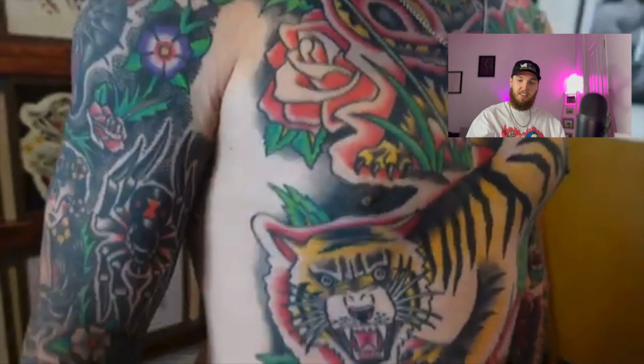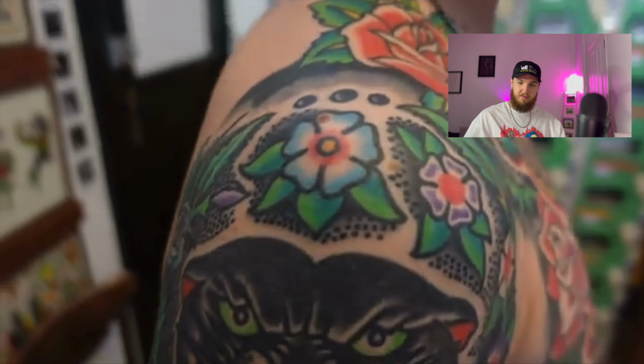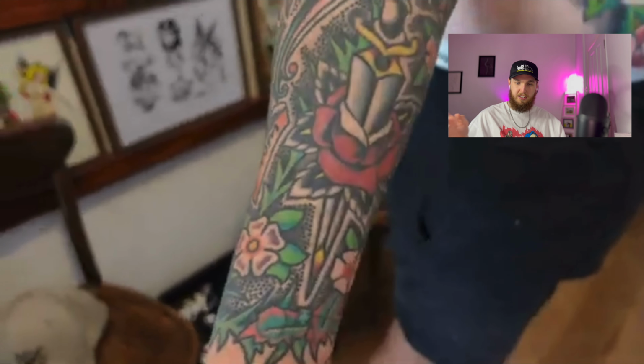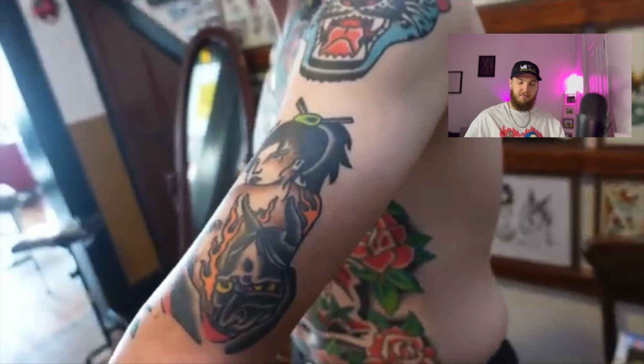Bars that come off here, and then all the black shading and the dots behind this kind of makes it look a little bit more like a filled in sleeve. So we're gonna try today to do a bit more on this and push it across into this arm. We probably won't get into doing any background or anything like that, but it just means this will be a